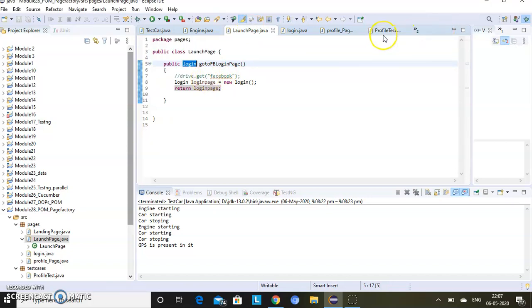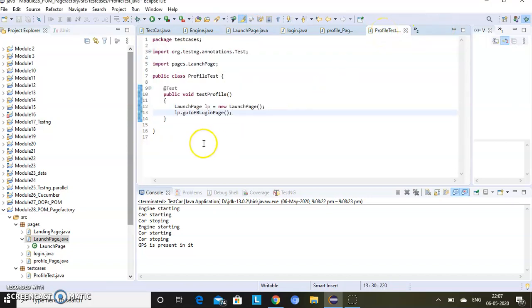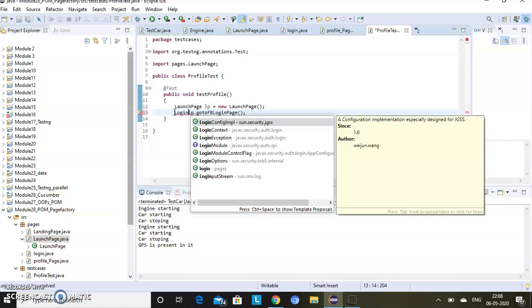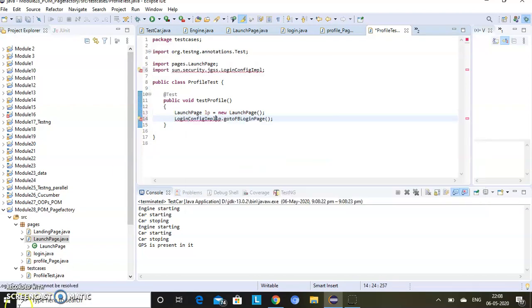Getting the things? Launch page will represent an empty page, and this will return the object of login after going to login page.